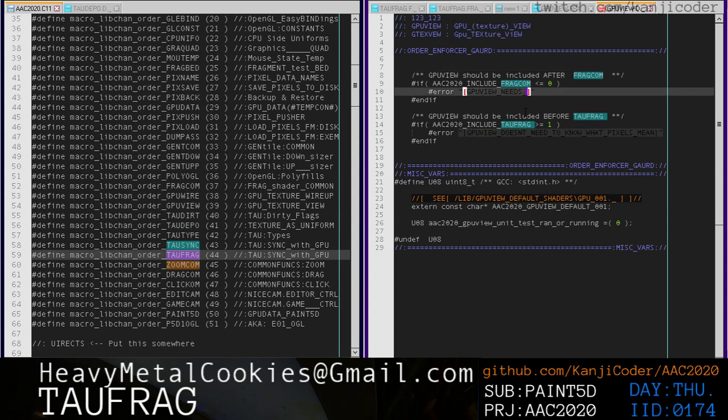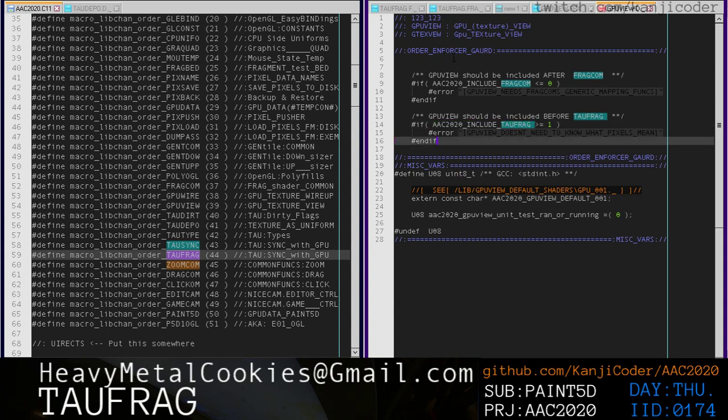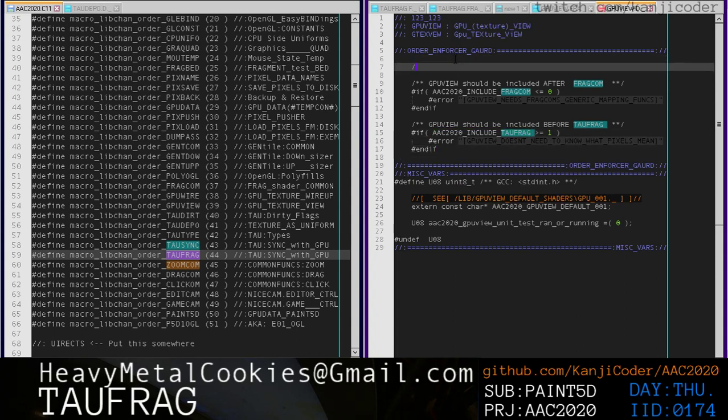So GPU view needs fragcom's generic mapping functions, but GPU view doesn't need to know what pixels mean, right? And that's the reason why we're not going to include TAUFRAG, because TAUFRAG kind of gives meaning to the different Tau Depot memory pixels. So let's make a note. At vid IID 0174, time